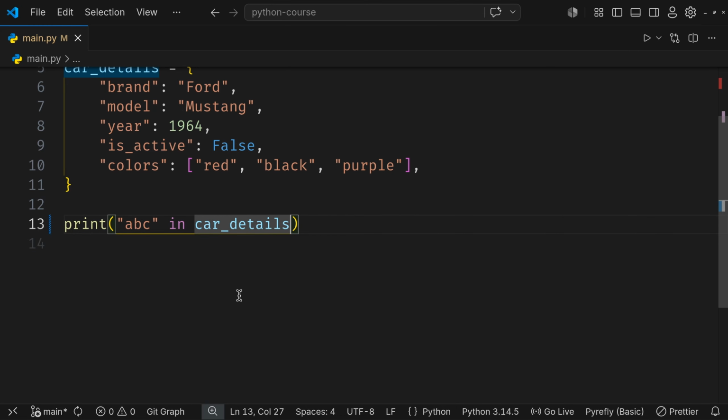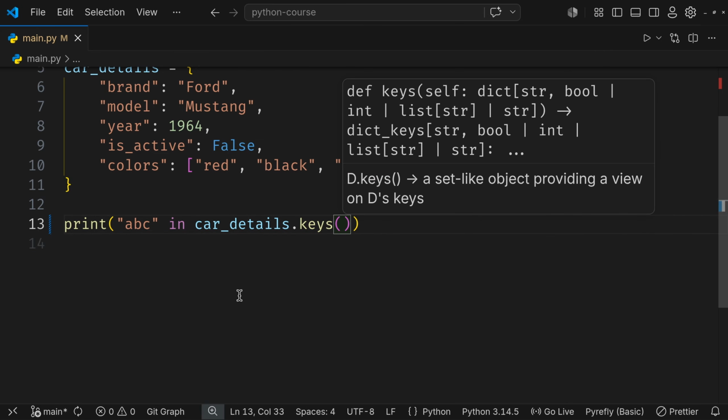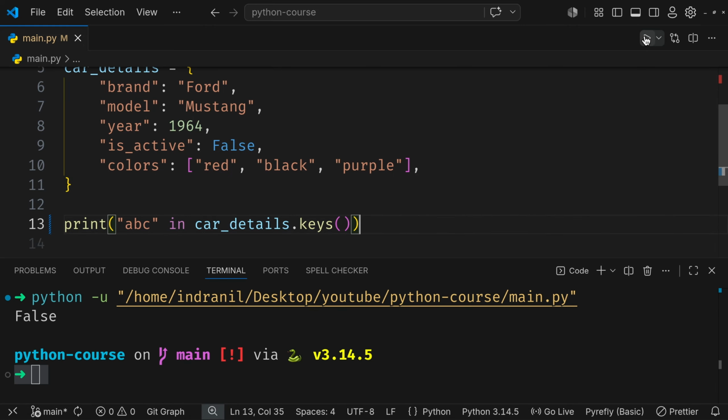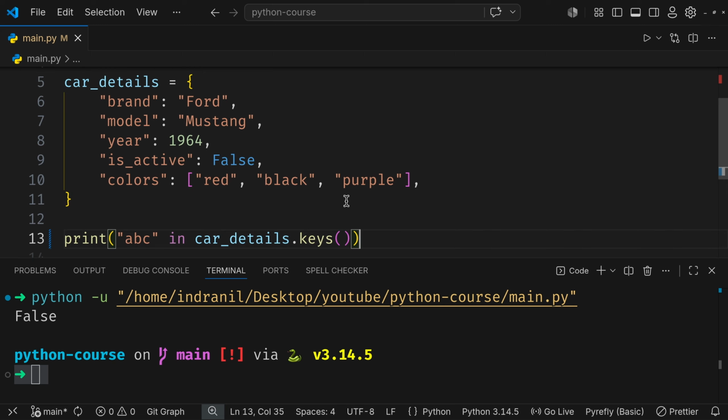Also, what we can do is something like dot keys here as well. So it is a little bit more specific, right? We are checking for the keys, right? But by default, it checks for the keys. Now, in case you want to check some value inside of the values of these key value pairs,